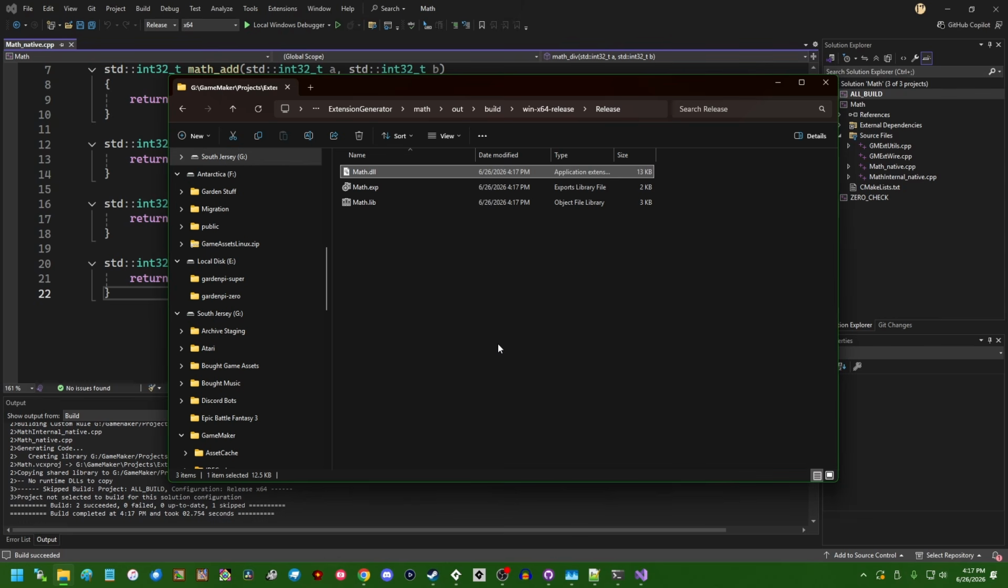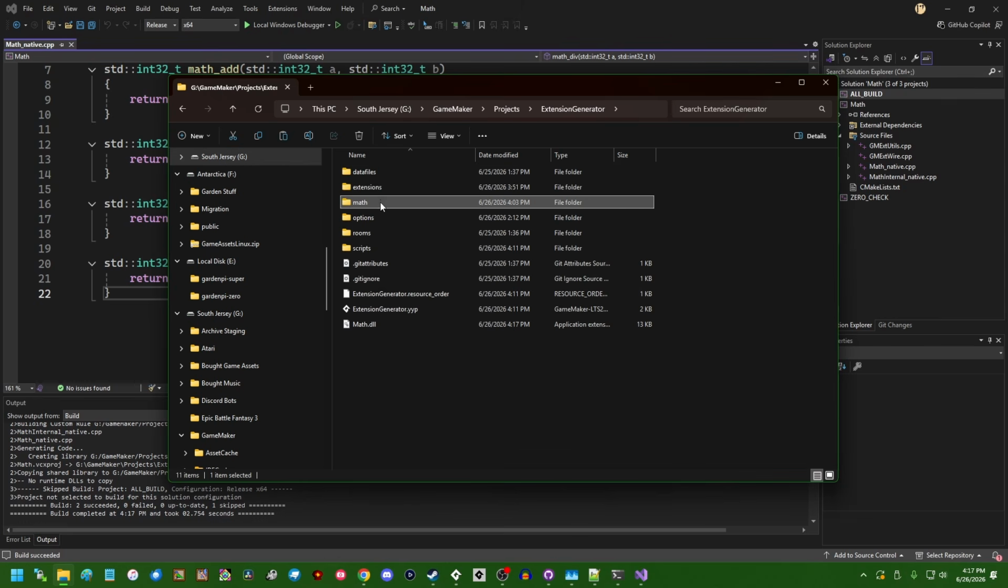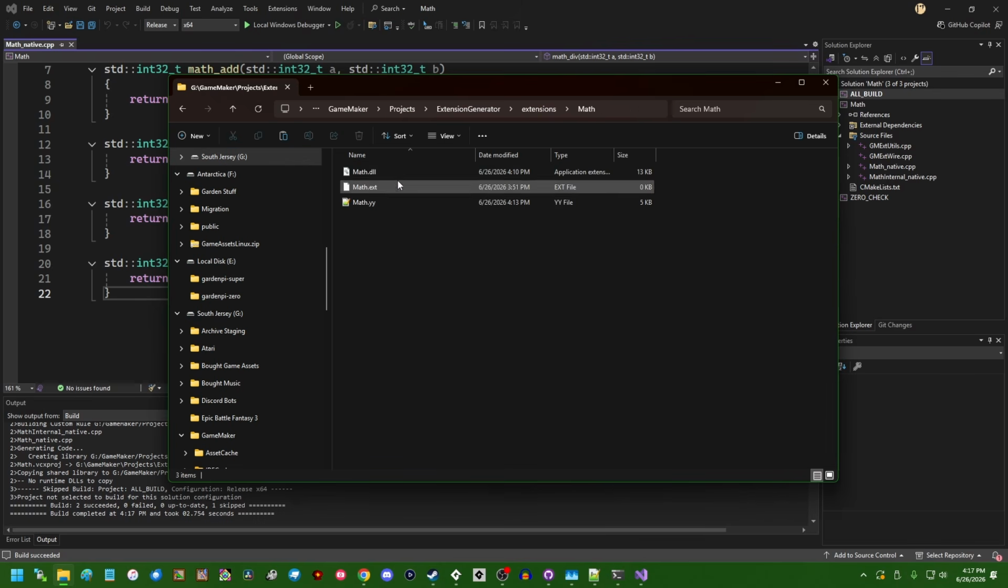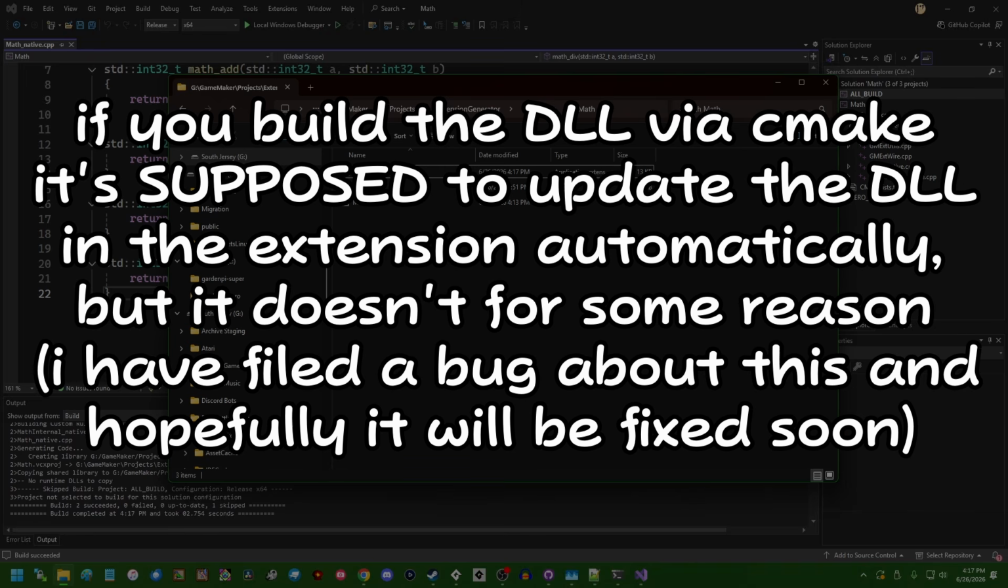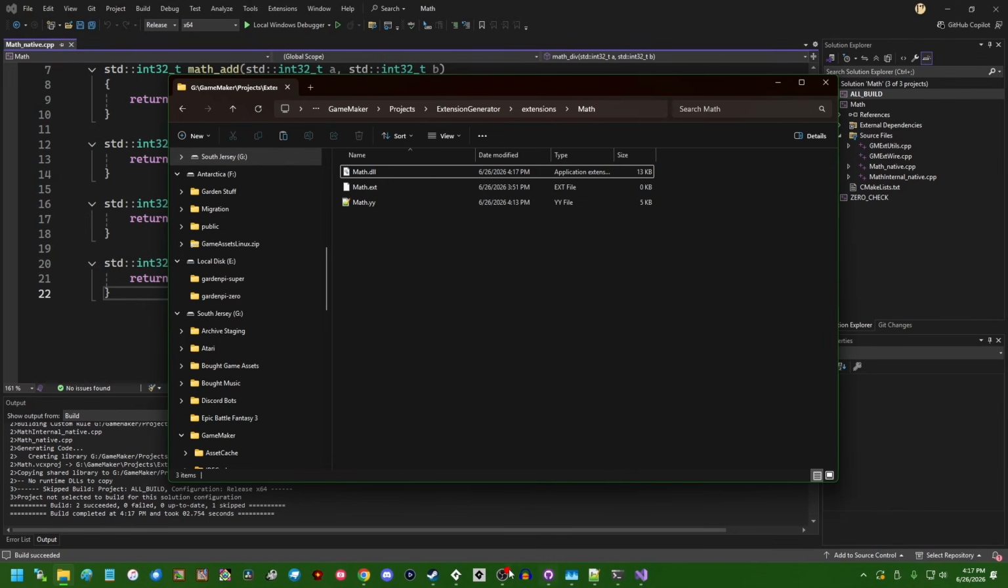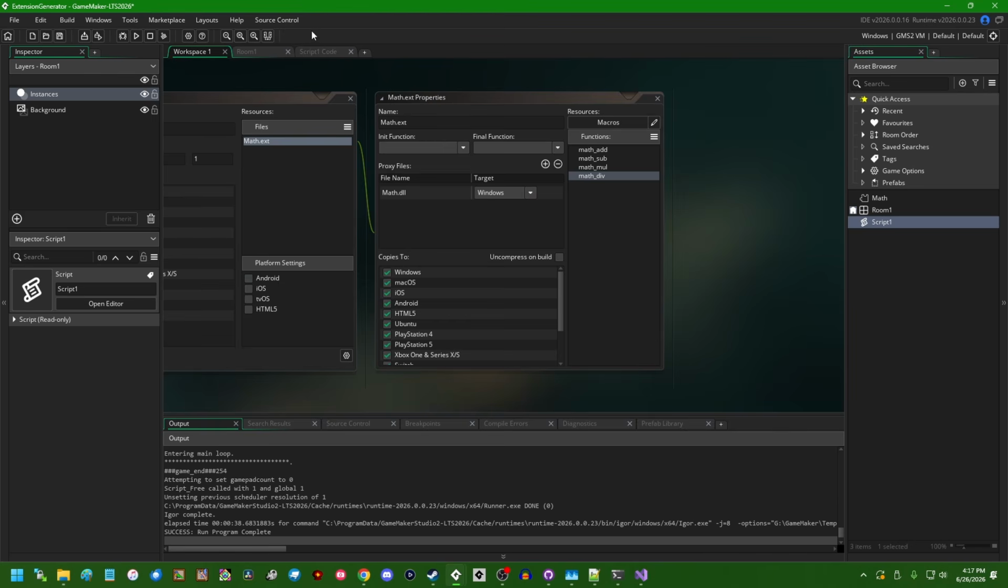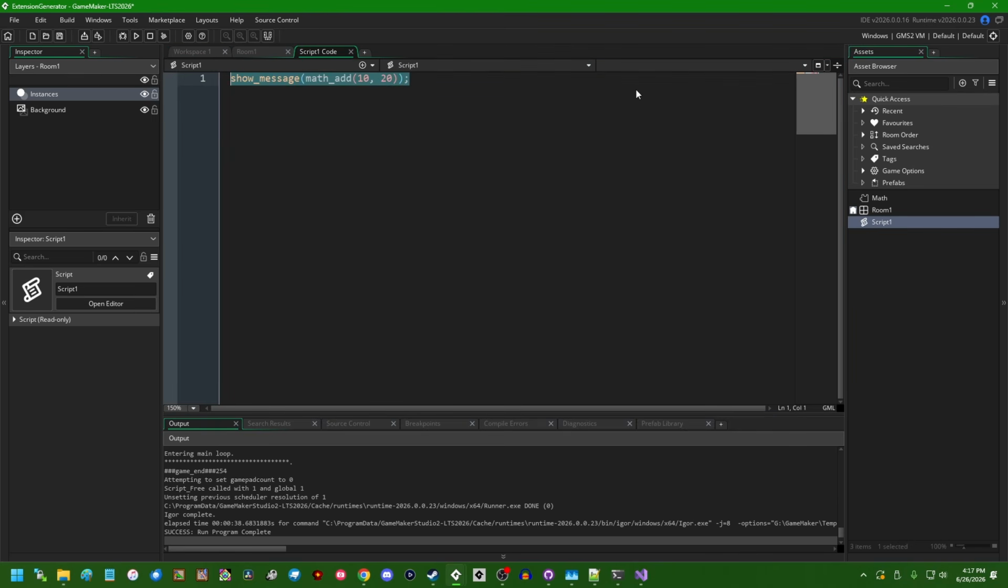We can go into the release folder here. We can grab the updated file, and let's go back to the extension generator, and I'm gonna just copy and paste that DLL into here, and hey, now all those extra math functions should be accessible through GameMaker. So if I were to go into here, let's show debug message. If you subtract those two numbers, if you multiply those two numbers, and if you divide those two numbers,